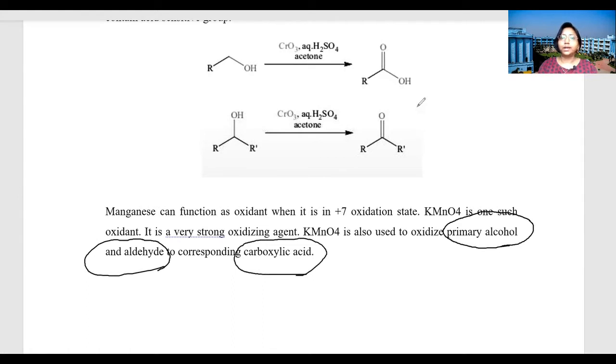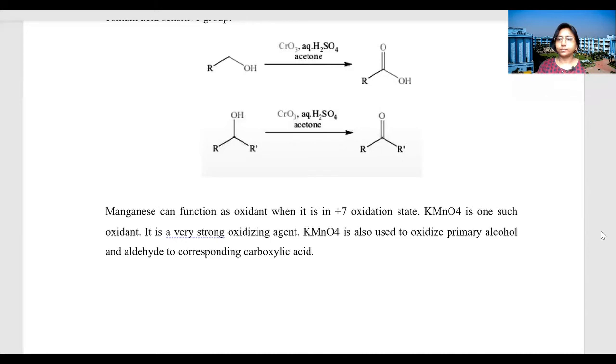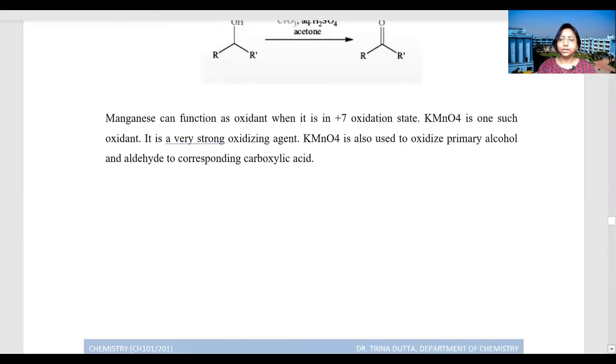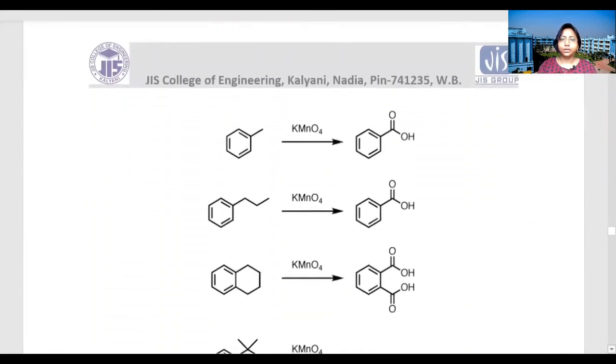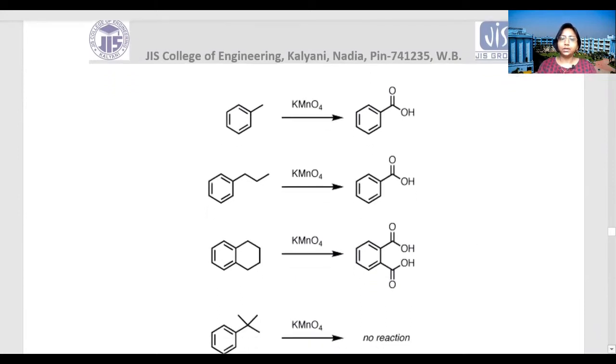Now let's look at the example. The examples are given here, you can see the figure. In all these cases you can see either the alcohol or the aldehyde, with the help of KMnO4, we are getting the